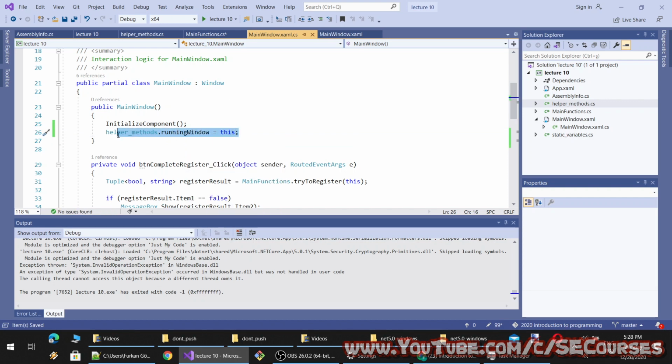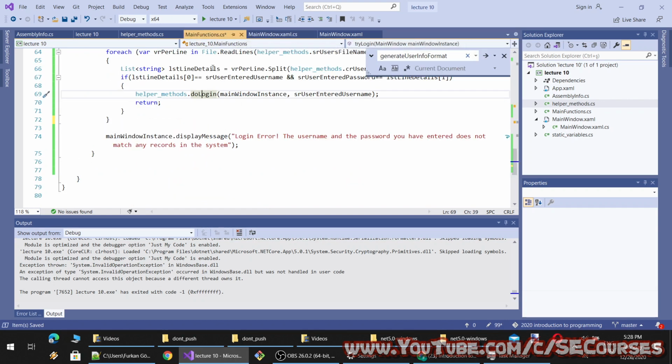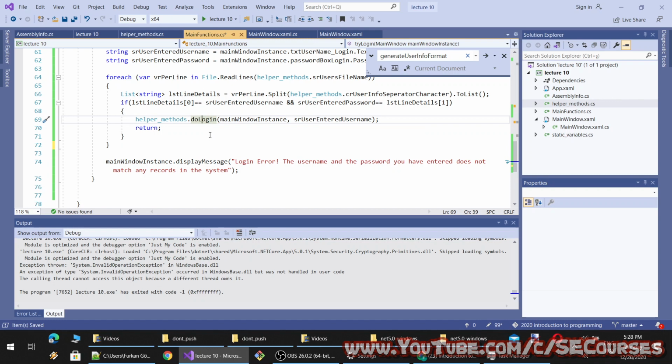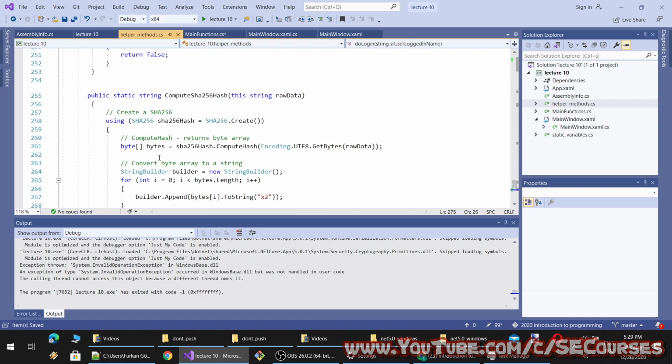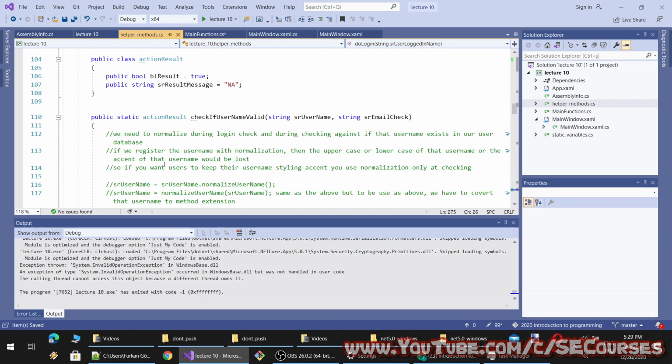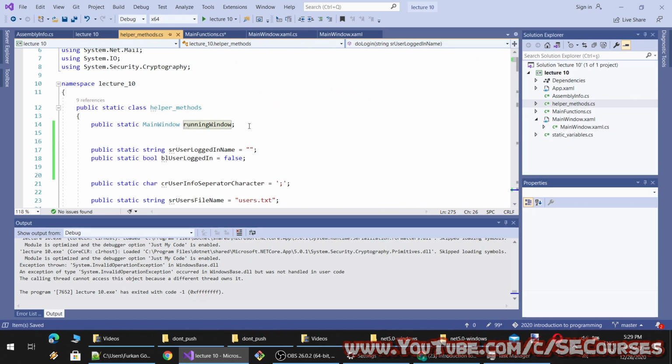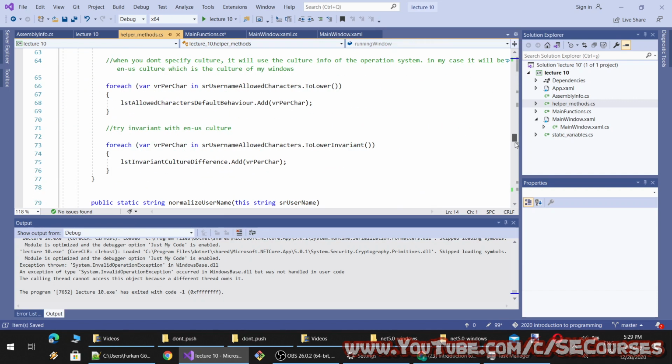So I will be assigning this window reference to this one, and I will be able to access the main window from everywhere. So I am going to delete this, and you see now it is gone. Therefore this is displaying an error, and to fix it I will just use running window. You see now from any method, any class, I can access this.